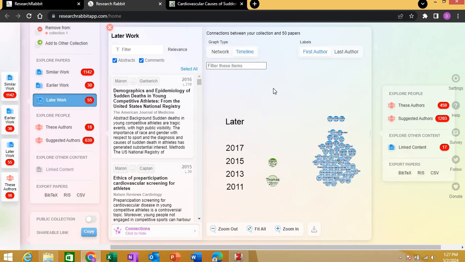Now what else you can do is, say for example, I wish to collect all these latest articles. Instead of going to a traditional search engine and collecting each article separately and then saving it to your EndNote or Zotero library, just do one thing. Now it is giving you other options as well, suggested authors, these authors. And what you can do is to just